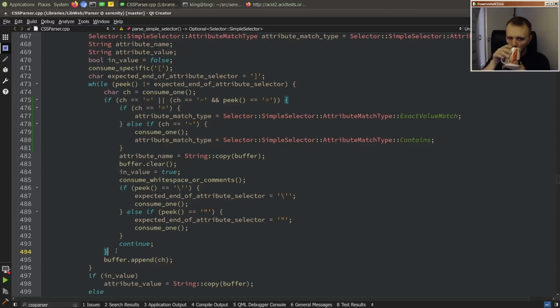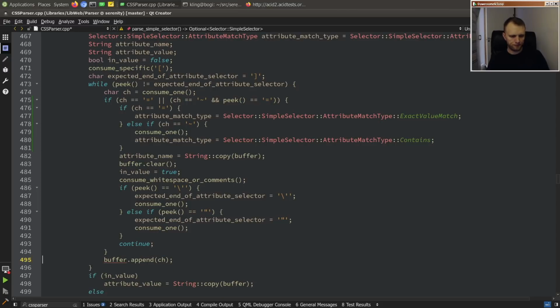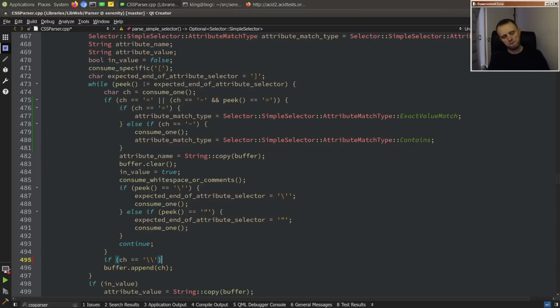All right. So I think we can do something here like if ch is backslash, then